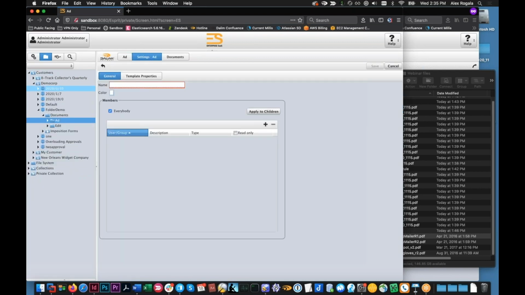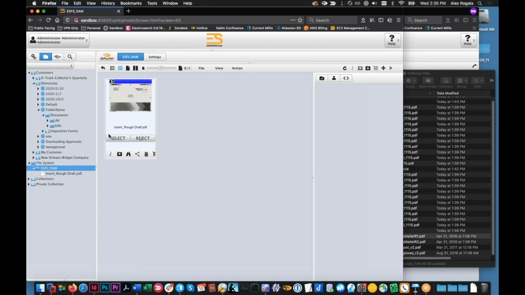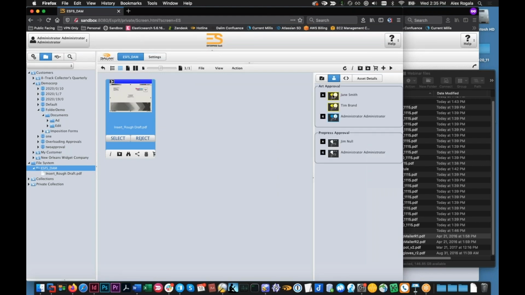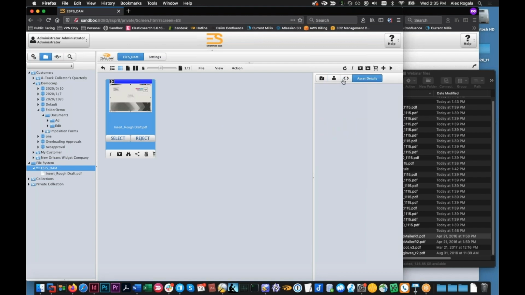So now if I go to my file system here, I go over here to this tab, you'll see that my files in the file system are running through the full workflow. So file systems don't have to be just a straight dump where you have a bunch of files and previews. You can have full approval cycles in here. You can have complex workflow, normalization, and e-twist, basically anything you'd want in a project here. And you can see here that I also have my Asset Details tab, which